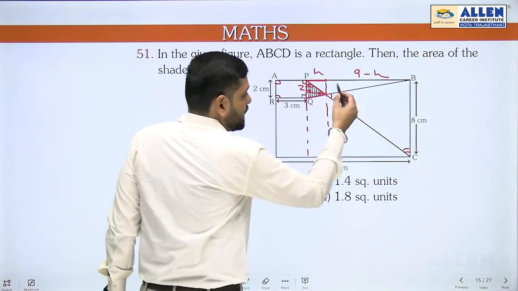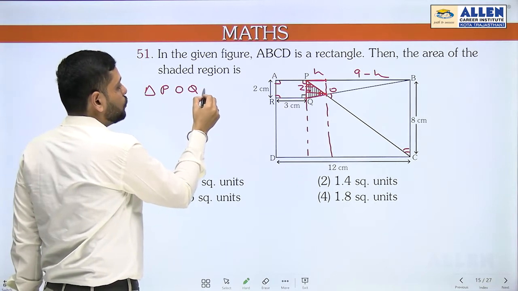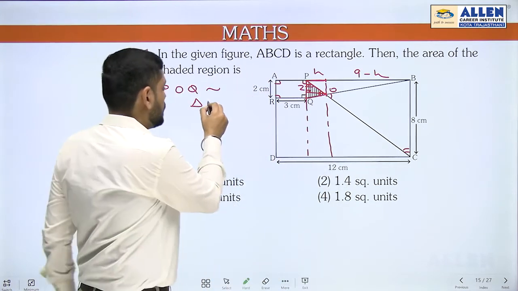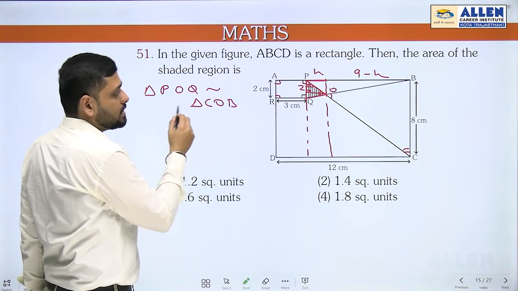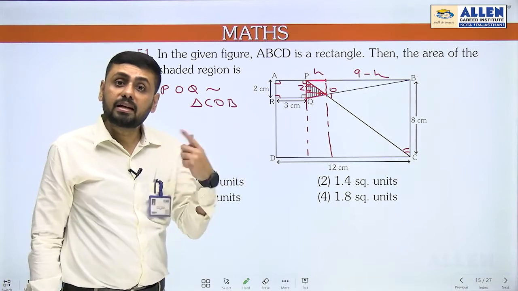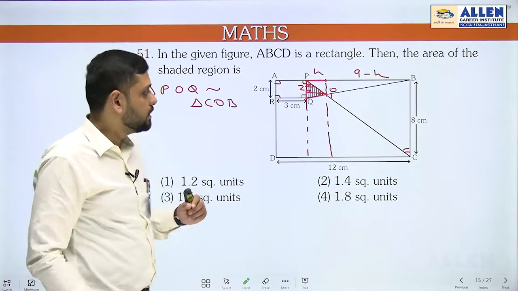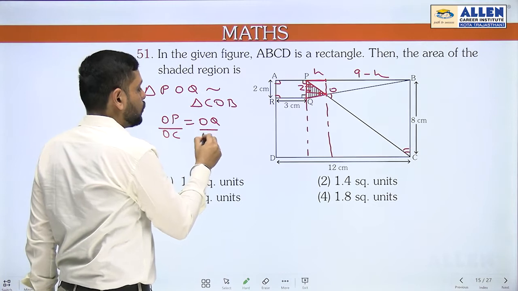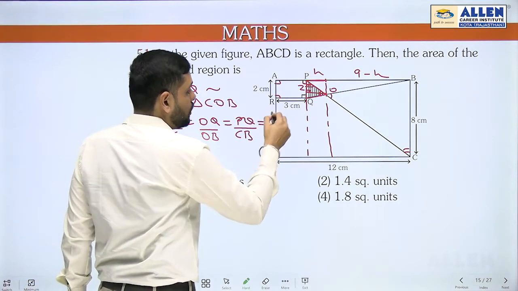That is, suppose if we take this point as, let's say, O, then triangle POQ is similar to triangle COB. And if the triangles are similar, definitely their sides must be in proportion, and their heights also must be in the same proportion as that of the sides. It means OP upon OC equals OQ upon OB equals PQ upon CB equals the height, that is h,